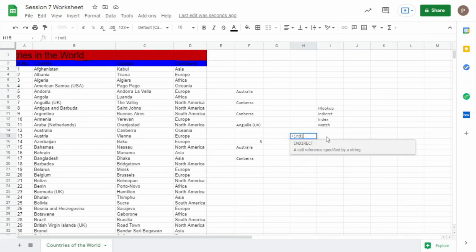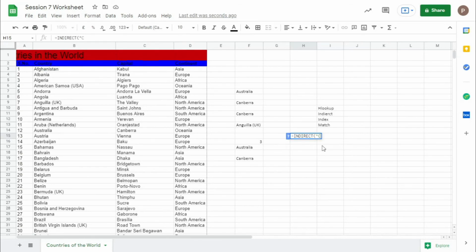Now let's look at the last thing, indirect. Indirect just looks for the specific cell that you mention. If you want a specific value in a specific cell, all you have to do is give that cell as a string.